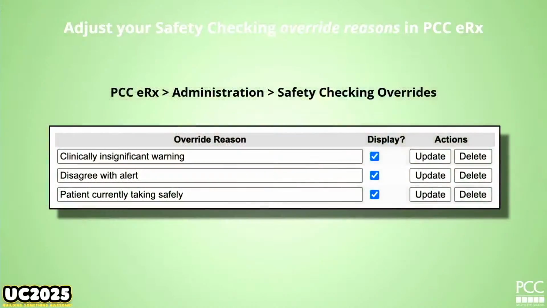If you find yourself doing a lot of safety checking, overriding, and you probably are, if you are constantly typing in the same message every time in administration, you can have that set up so that you don't need to type it. It'll always be there in that drop-down. And if you really don't like these, you could delete those as well, but create yourself a custom override reason. Everybody would see this, but go ahead and create that if it makes sense. And I've got the little pathway there as well.